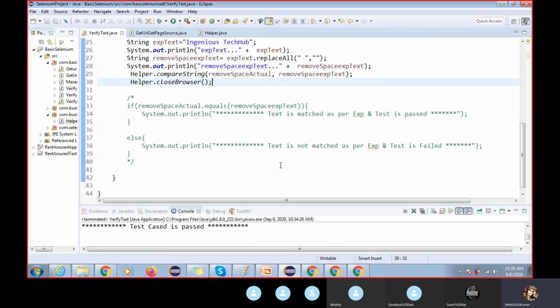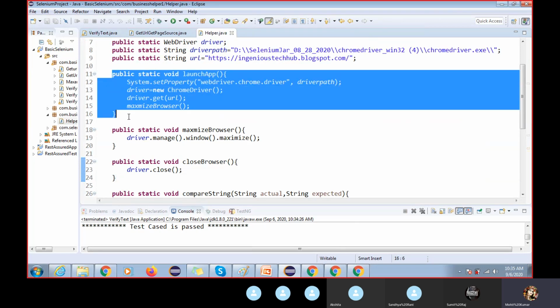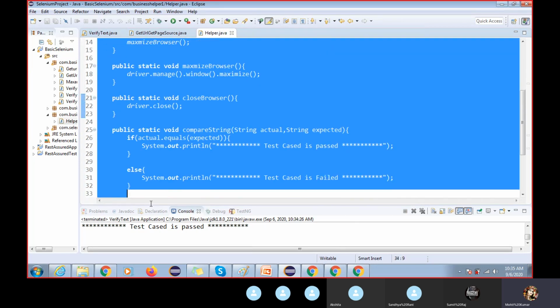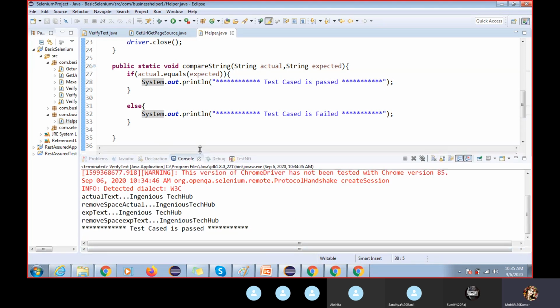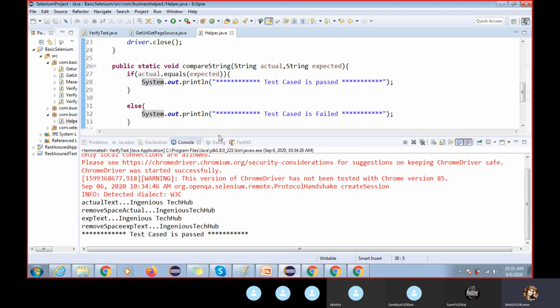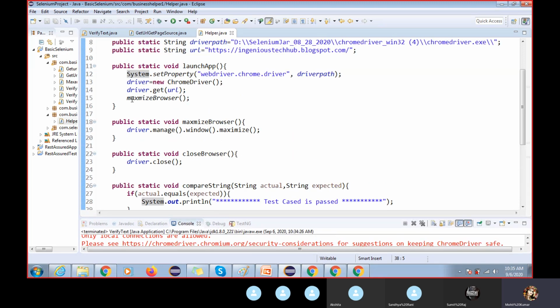So why are we using a static method? Because a static method serves a common requirement. These are common requirements for our test cases, so that's why we use a static method. You can see we are going to do the same thing here, but we should not write again and again all the code we already developed.